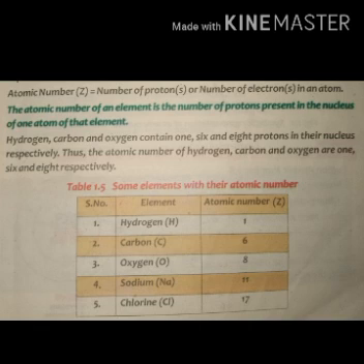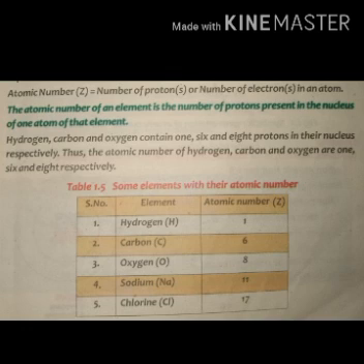The number of neutrons in the atom of an element is different and cannot be used to characterize or identify the atom. Elements are therefore arranged in the periodic table on the basis of the number of protons in their nuclei. This number of protons is called the atomic number and it is represented by the symbol capital Z. Atomic number Z equals the number of protons or the number of electrons in an atom.